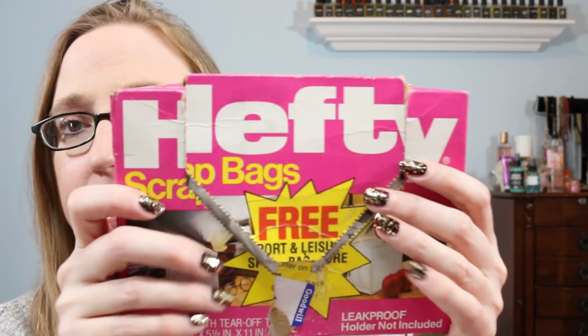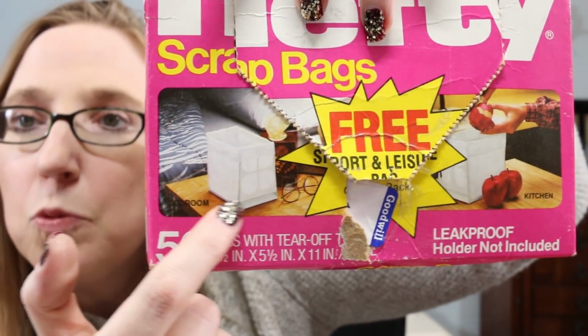And then I also found this, and this is a pack of Hefty scrap bags. These were $1.99. They were open, but I counted them, and there's supposed to be 50 in the box, but there's only 45. So 5 of them were used. But these, they don't make anymore. These are actually from 1984,